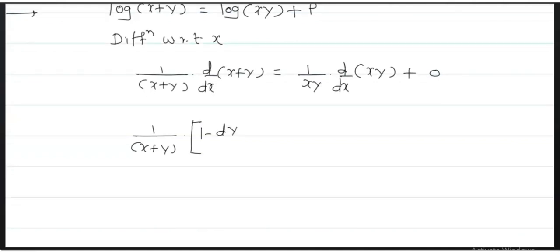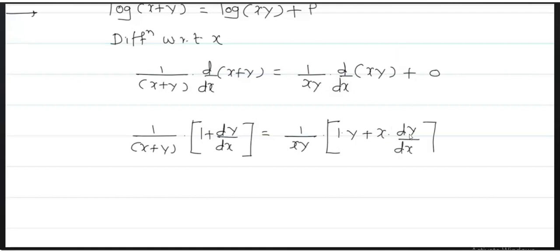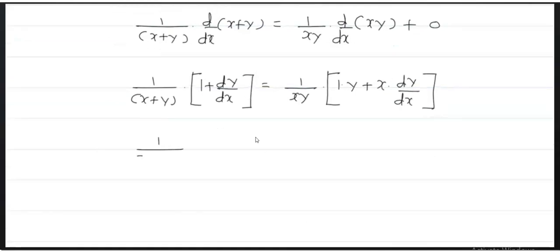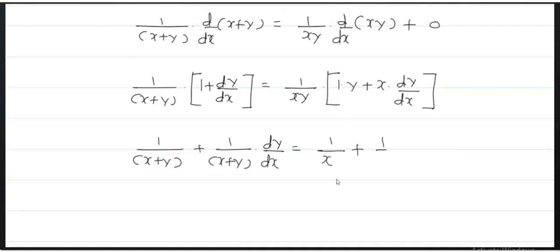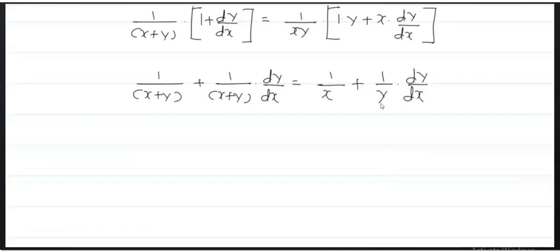Now the derivative of x is 1, y is dy by dx. On the 1 upon xy, apply the product rule: the derivative of x is 1 into y plus x into dy by dx. On the other side, this is y upon xy, that y gets cancelled, and x upon xy, that x gets cancelled, and you are getting